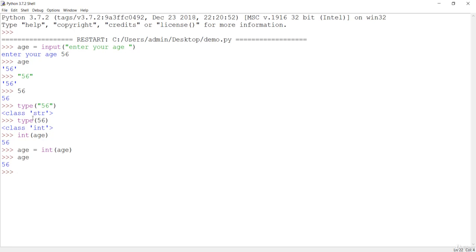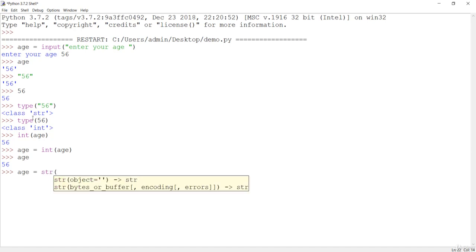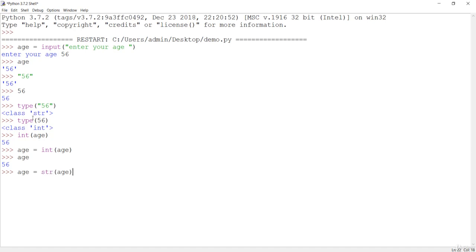If you want to roll back to the string, you can do something like str, which is another method to convert an integer or anything else to a string. If I hit enter again and check the age, it has now been typecast to a string again, which was an integer before. So these are the type conversion methods, converting integer to string and string to integer. We can also do boolean to string in the same manner, and this is the way to perform some of these operations.